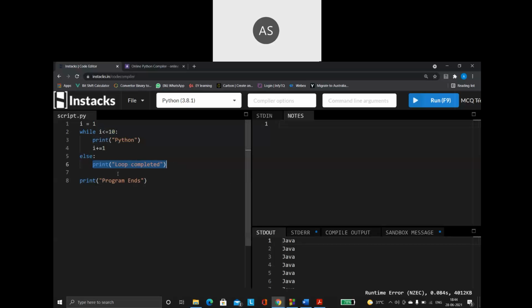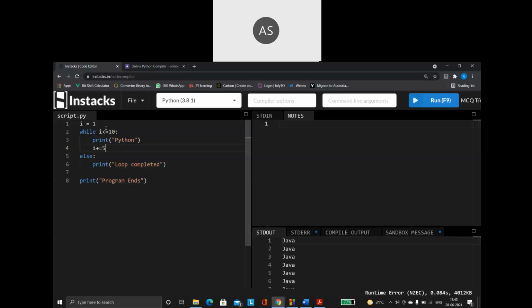So now in this scenario, what is going to happen? The i value is 1, 1 less than equal to 10, the condition is true. So it is going to go inside and print Python. After printing Python, it is going to increment my i value. Is it necessary that you always have to increment it by 1? No, it is your choice. I'm incrementing it by 5. That is, i plus equal to 5 means i is equal to i plus 5. Remember the shorthand operator.